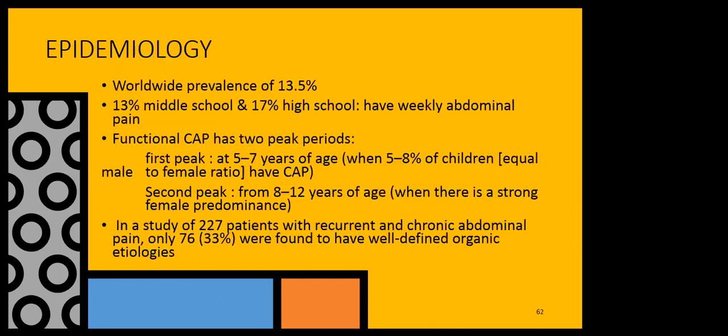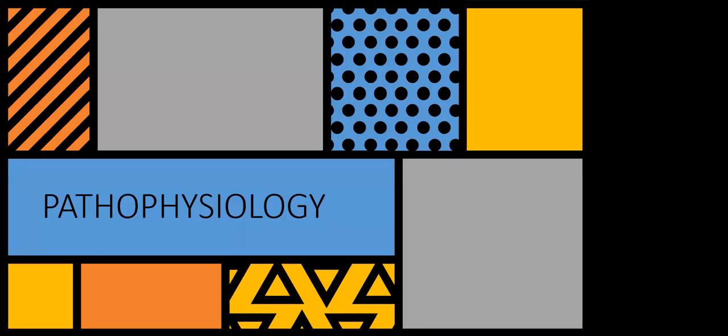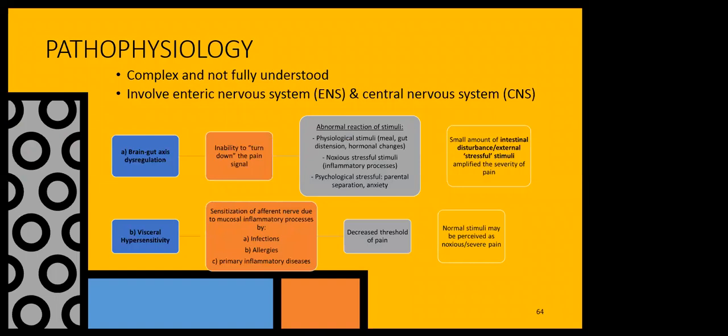So the epidemiology is worldwide 13.5%, and it occurs in high school, higher, 70%, and it most commonly occurs in females. So what is the pathophysiology of functional abdominal pain? It is complex and not fully understood. As we know, it involves the enteric nervous system, ENS, and the central nervous system. The dysregulation of the brain-gut axis can lead to functional abdominal pain,